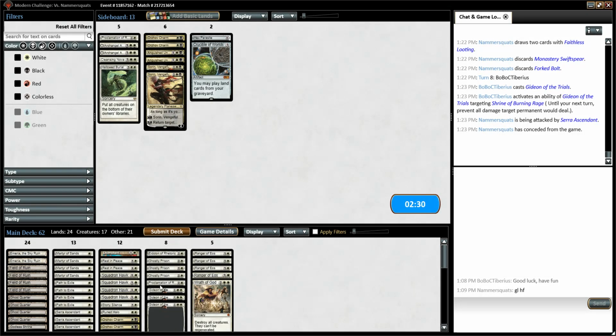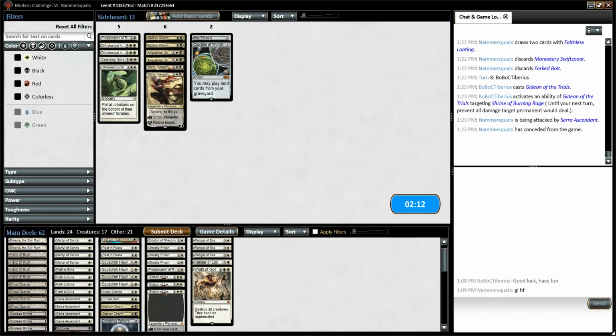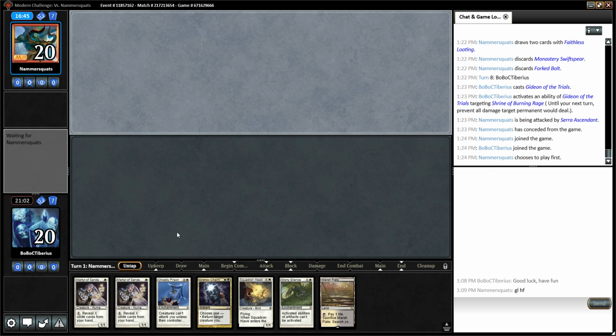Getting rid of what, though? That's the question. We'll cut one Gideon just because it's slow. I'm looking at that Eidolon and not liking it. Let's cut a Ranger. I don't know if that's the right call. Someone tell me in the comments how bad that call is. We really don't care though, we just want...